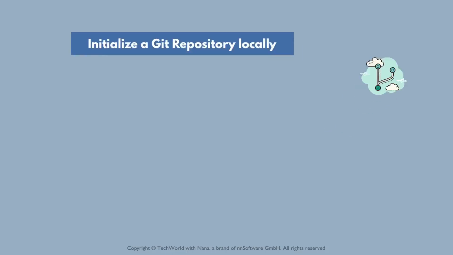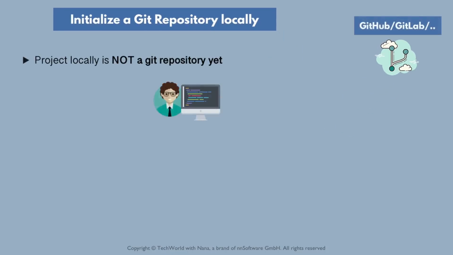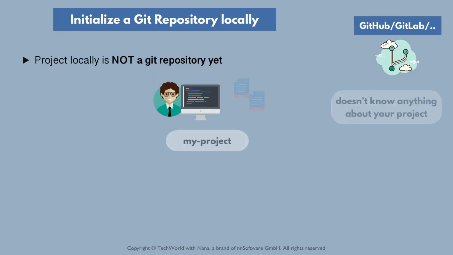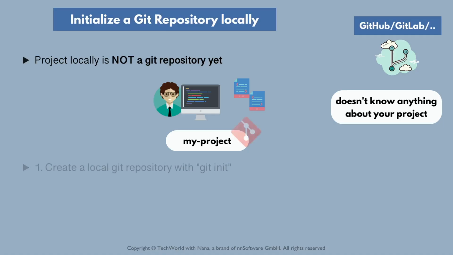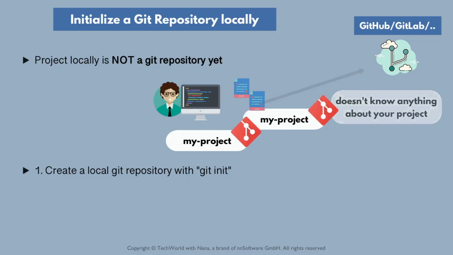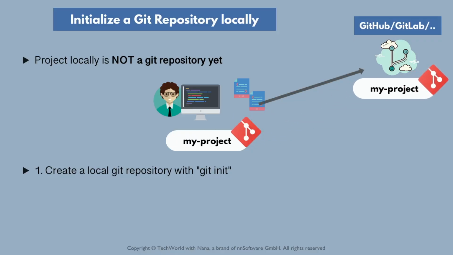Now, what if you already have a code locally? Let's say you created some boilerplate code and you want to check it into a Git repository instead of cloning an existing one. In that case, you can create a local repository in your code and then push that local repository